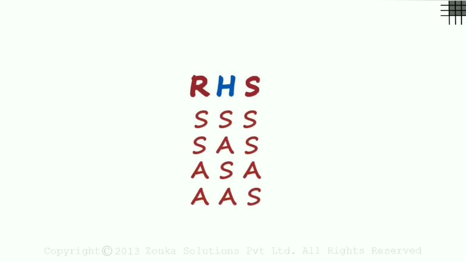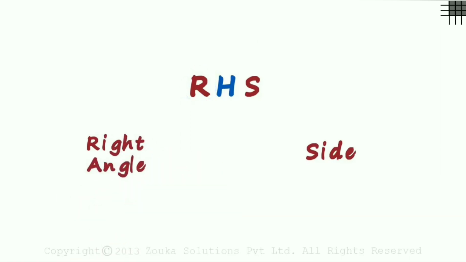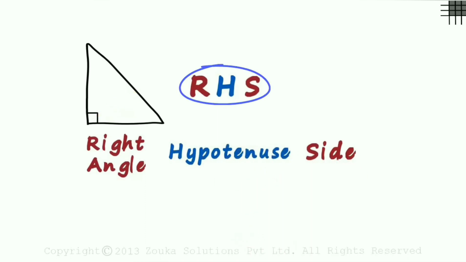Last and the most interesting condition for congruence of triangles is called the RHS condition. The other conditions we've seen so far have an S or an A in their names, but this one's a bit different. Okay, S as we know stands for side, but what about R and H? R stands for right angle. This tells us that the condition will work only for right triangles. And what do we have opposite to the right angle? Yes, the hypotenuse. That's your RHS condition.